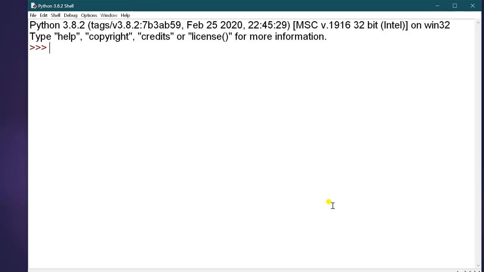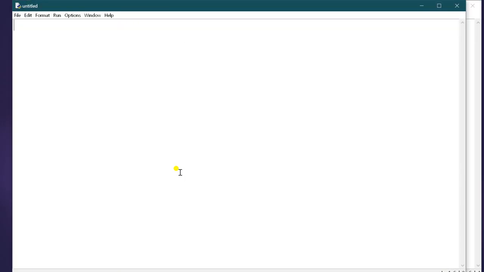The first one is traversing a list. For example, I am opening a new file. Here you write L is equal to a list of strings: 'P', then 'Y', then 'T', 'H', 'O', 'N'.